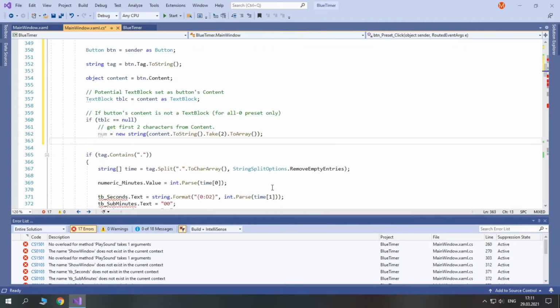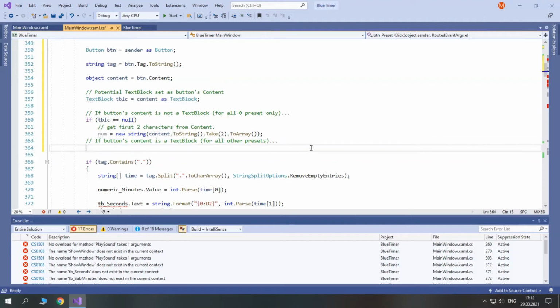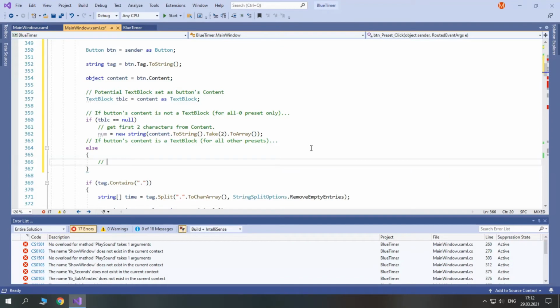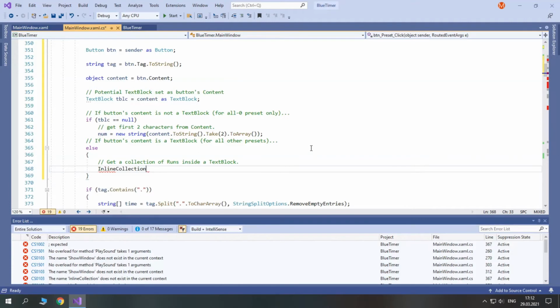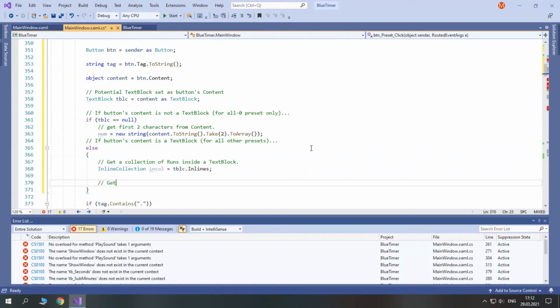Okay, else, so if buttons content, let's copy this, is a text block, so for all other presets, so else we first get a collection of runs inside a text block. So inline collection, press Ctrl dot and hit enter. I'll call it incall equals tblc dot inlines.